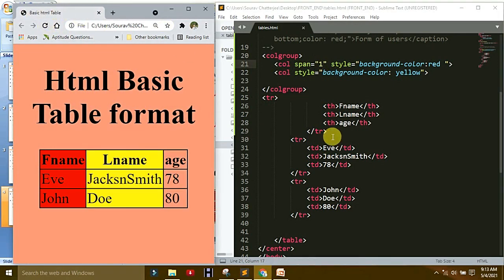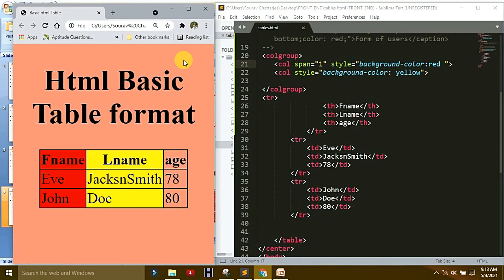Okay, that is the use of colgroup. So till now we understand so many things in tables. Now I give you one assignment. I think you understand so many things till now. If you do not understand, please comment or ask me anything for the next lecture, and I will solve your problem. This assignment depends only on tables in HTML. I hope you are interested in doing this assignment.